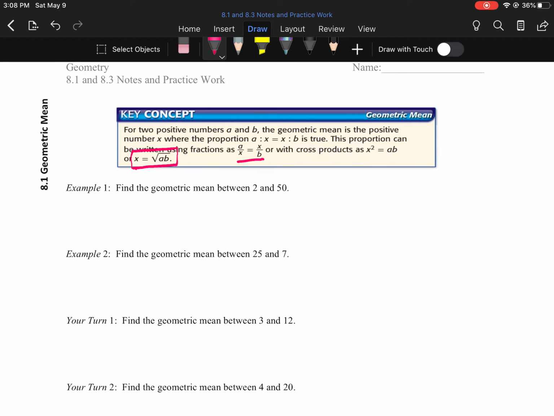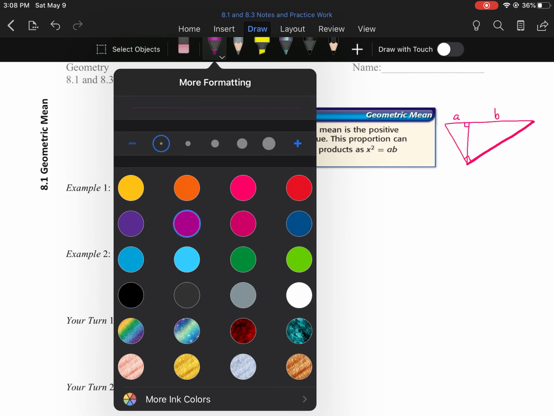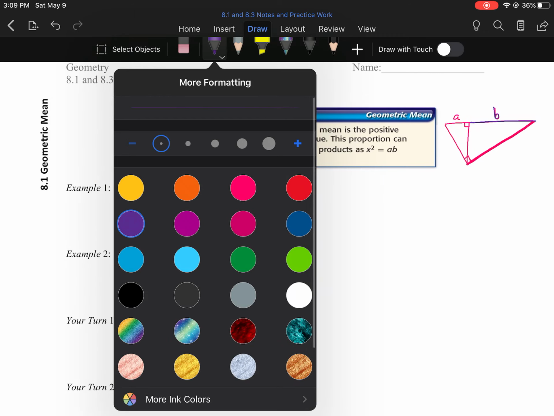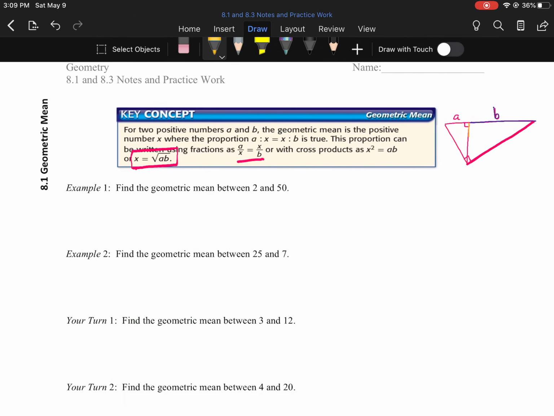So I'm going to draw a triangle off to the side just to show you what this looks like in the triangle, because it all has to go back to those proportions that we learned about before when we were creating proportions in triangles and proportional parts. So if that little piece is A, and I'm going to put some right angles in here, okay? And this section over here is B, and maybe I should color code these for us. So let me get, all right, so this segment, that's our B, and then this vertical segment,